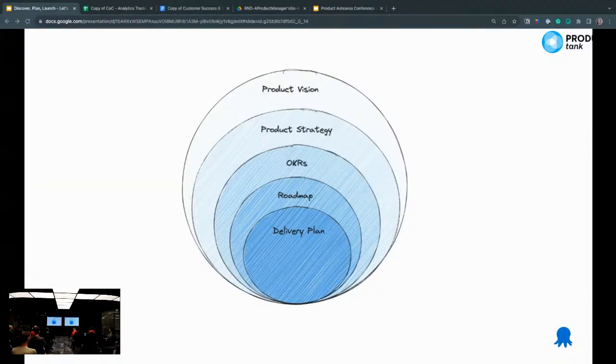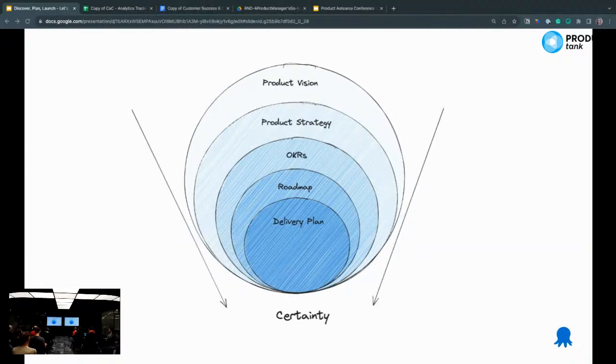Now, roadmaps are this connective tissue that sits between more abstract product vision and product strategy and some outcomes that we set, maybe in the form of OKRs or otherwise, and actual day-to-day work in our teams. And as we move from more abstract to more concrete, we move towards certainty. And if we're doing our job right as product people, at every step of the way, it is very obvious the connection between our delivery plans, the features we ship, improvements we deliver, to our product strategy and to the